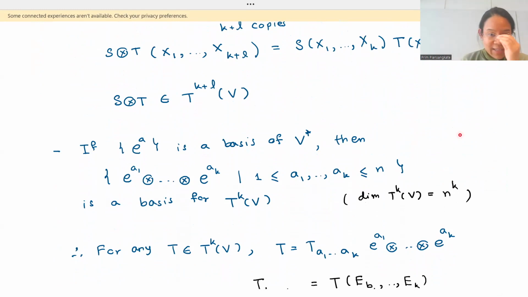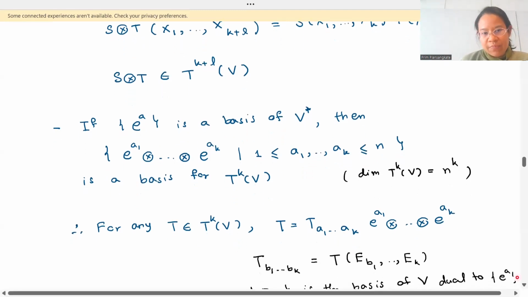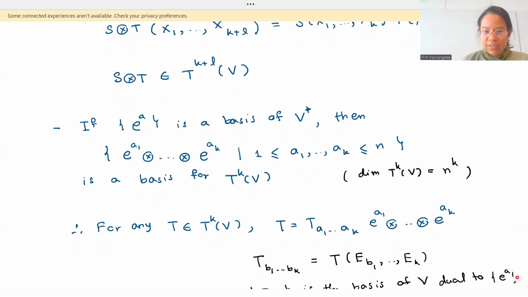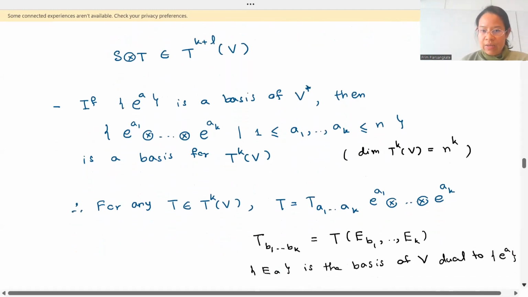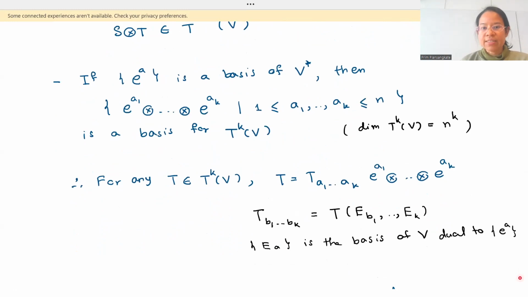a covariant K tensor. And it can be shown that this, when the indices a1 to aK can be any number from 1 to n, this form is a basis for the space of covariant K tensors. Then for any K tensor, you can write it like this using the Einstein summation convention. So this is a real number, the components of the tensor, which in fact you can get this real number component by